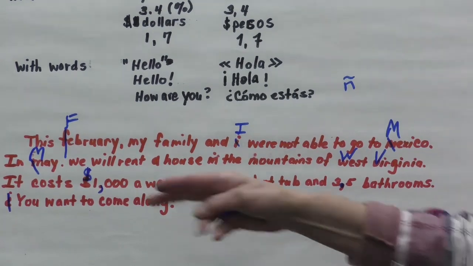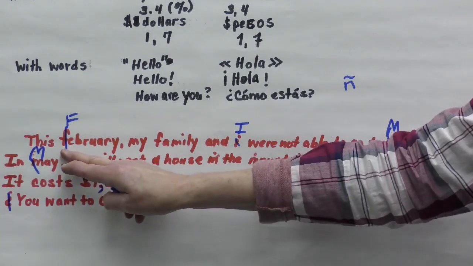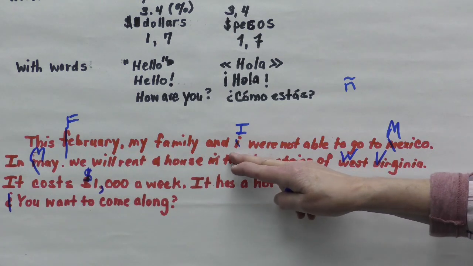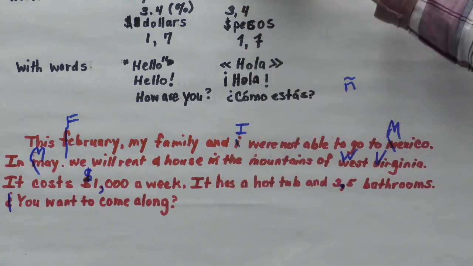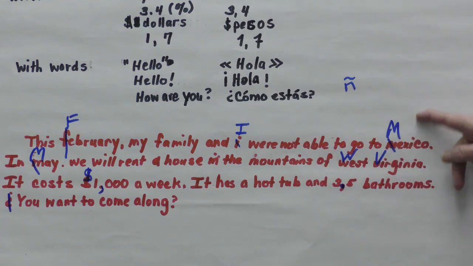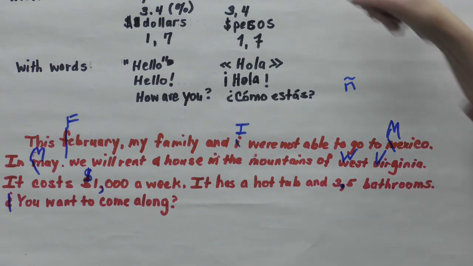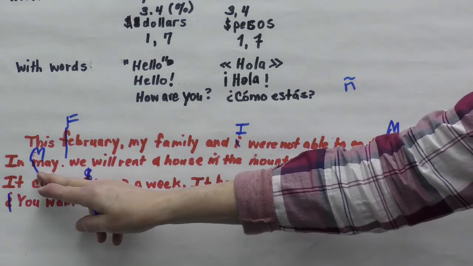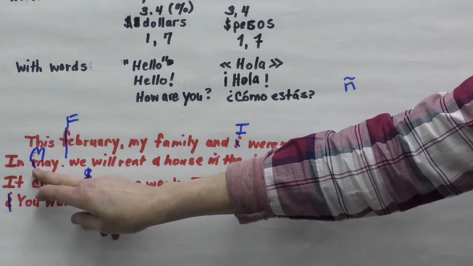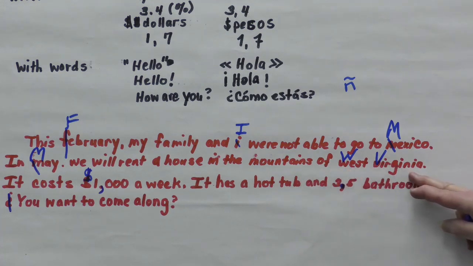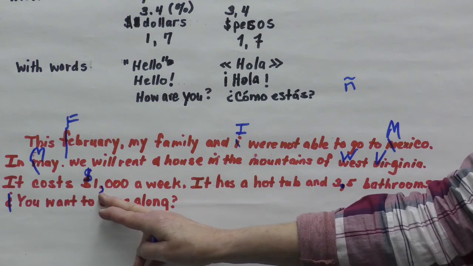Now in Spanish, of course, the small f would be good. En febrero. My family y yo, small y. We're not able to go to Mexico. It would still be a capital M because Mexico is a proper name. In May, little m, mayo, okay. We will rent a house in the mountains of West Virginia. That is, the rest of that is correct. It costs $1,000